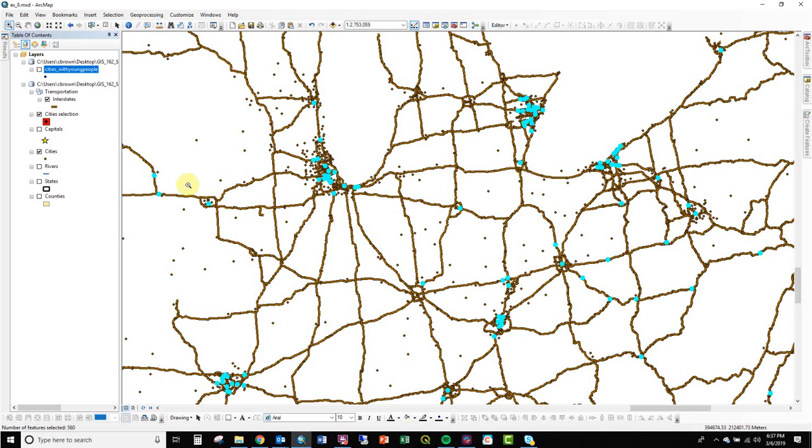So again, the two options after you've done this are, do you want to save those points as a different layer, or do you want to create one of those temporary layers? Because usually what you're doing this for is you want to run some other operation on these points, or you want to make a map out of them, and you only want to show them, you know. I think